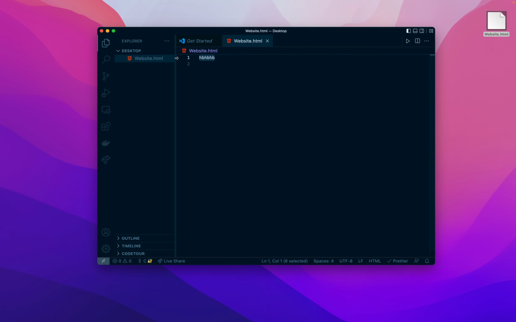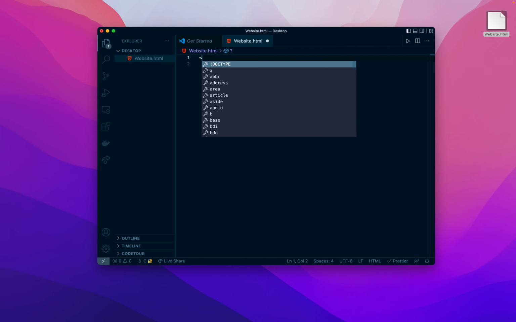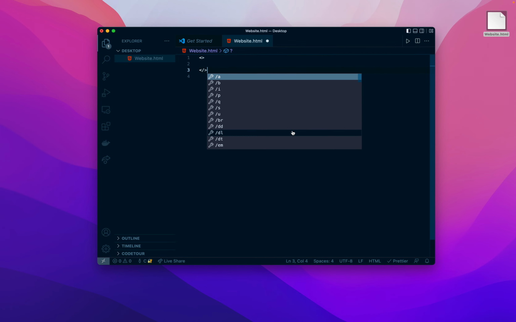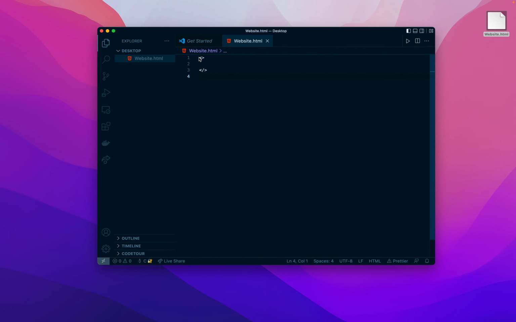But as you may have guessed, you don't write random stuff. Now, there is certain syntax, HTML syntax, that you need to follow whenever you want to write code as HTML code. And basically it comes down to this, right? So it comes down to this right here. This one is called tags. So opening tag and closing tag. Whenever you open a tag, you have to close the tag